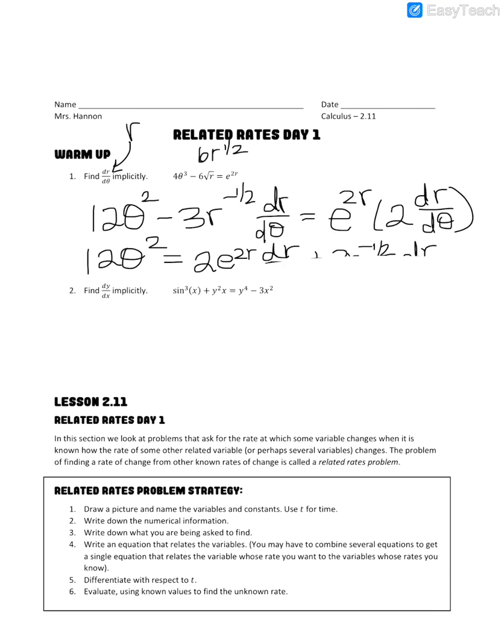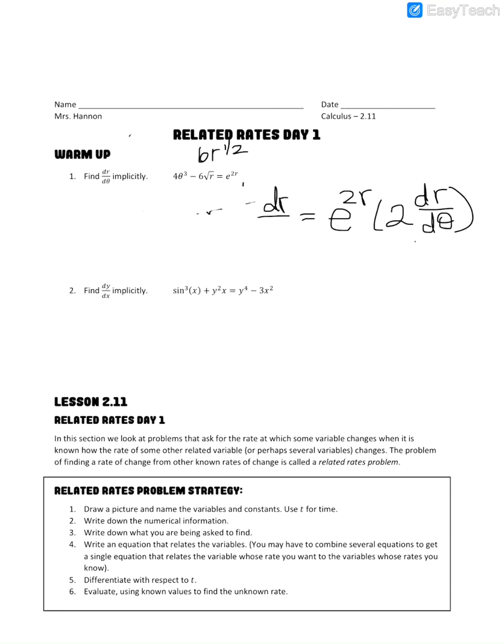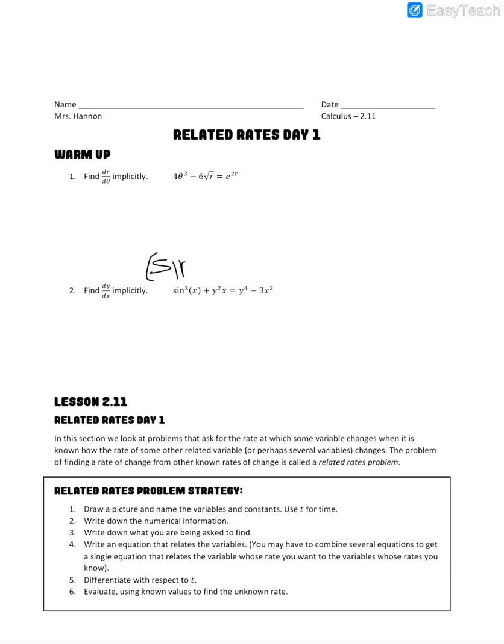Okay, on number 2, we have dy dx. So again, the y is our dependent variable. So every time we do a derivative of a y, we're going to be adding that dy dx on number 2. Okay, so the first one, we want to think of this as sine x to the 3rd so that we can use chain rule to do that derivative. So this is 3 sine squared x times the derivative of sine x, which is cos x,